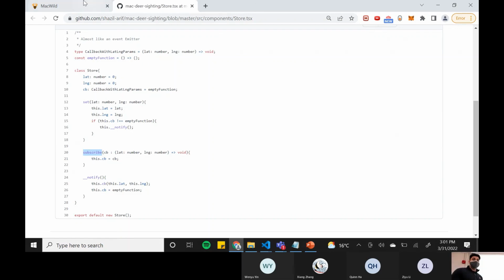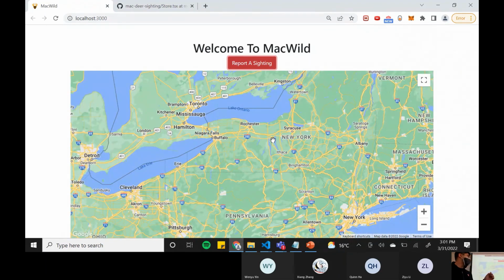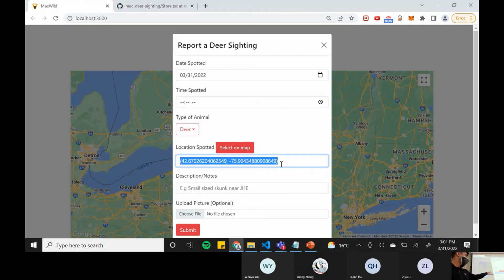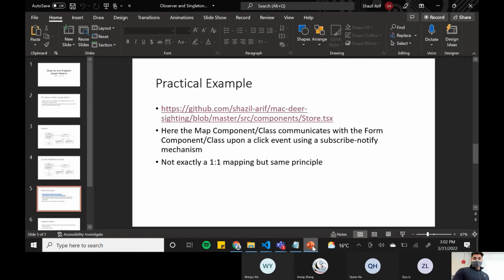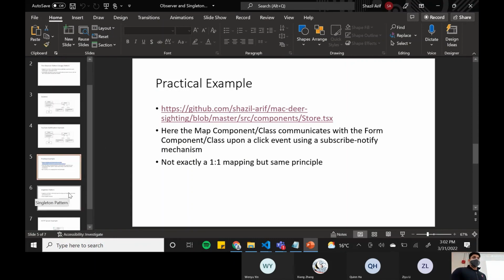And then basically what happens is every time you click on the map, there's an event that fires, and then you can just call store.notify. And then when you run the notify method, it automatically updates the coordinates here, and that's passed on. So that's just a little practical example of using this pattern. So any questions? And it's not exactly a one-to-one mapping, but it's basically the same principle. Any questions? So let's move on to the